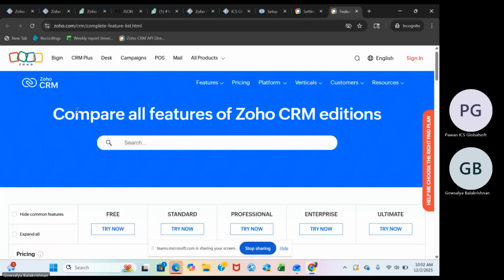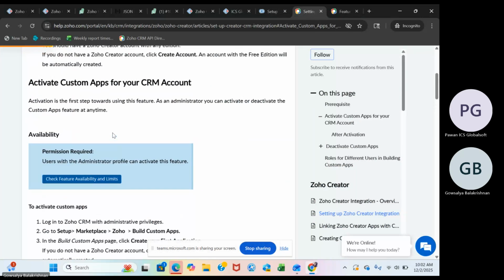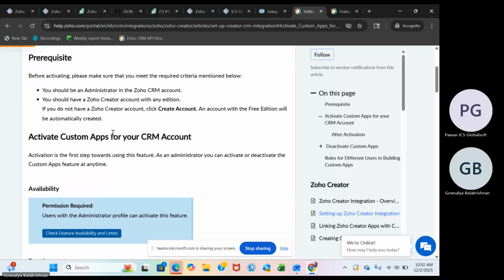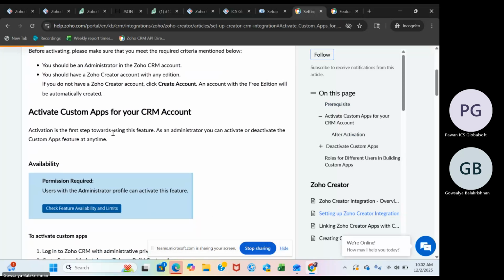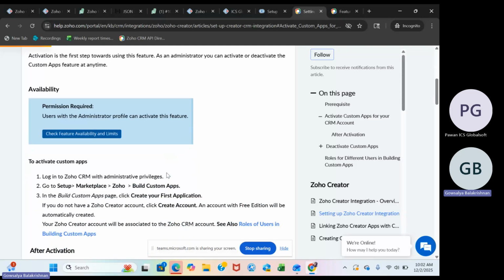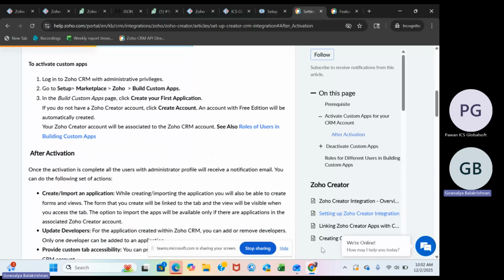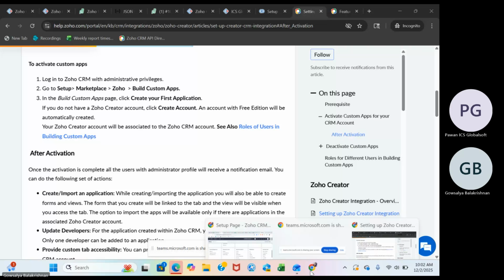Okay, check it. I'm not sure why it's not available under that, but if you see here under marketplace, then